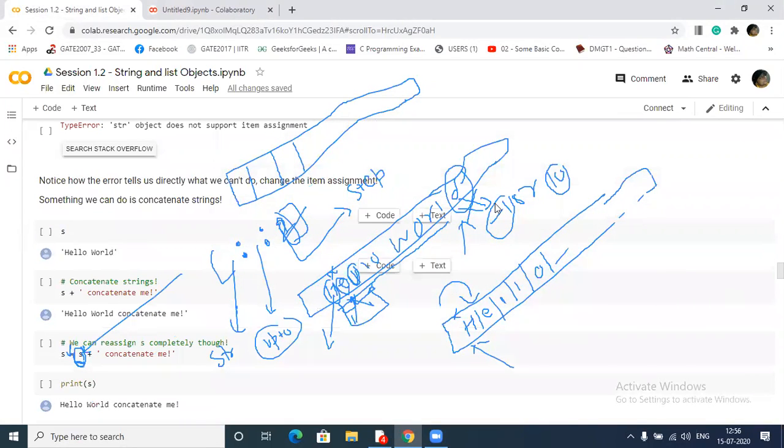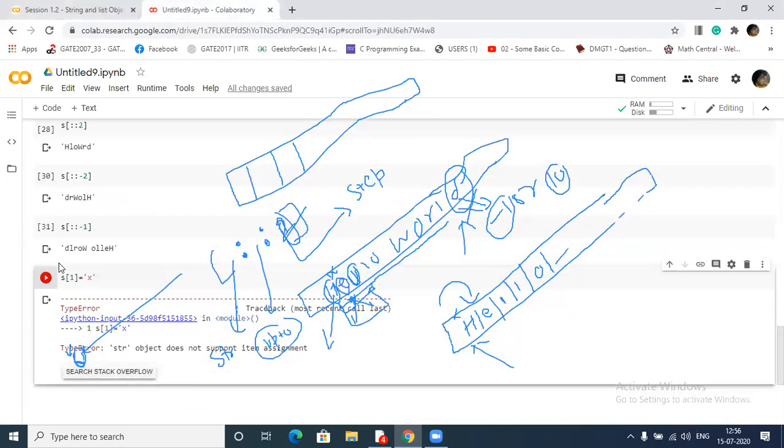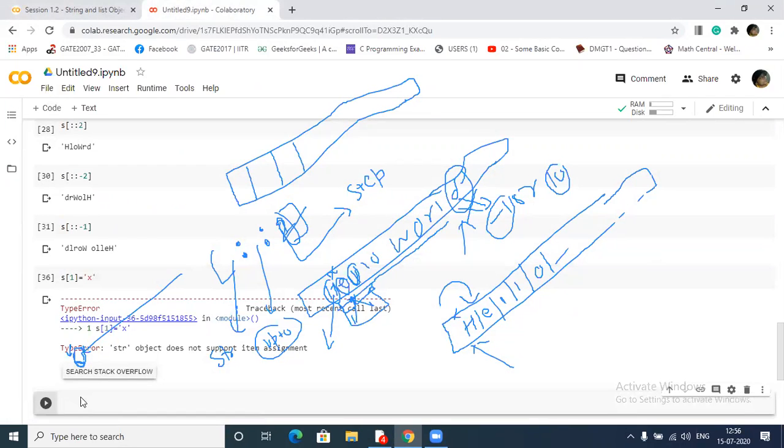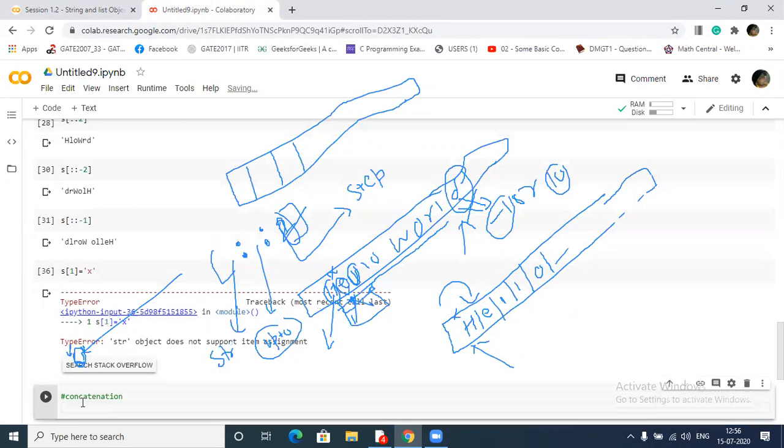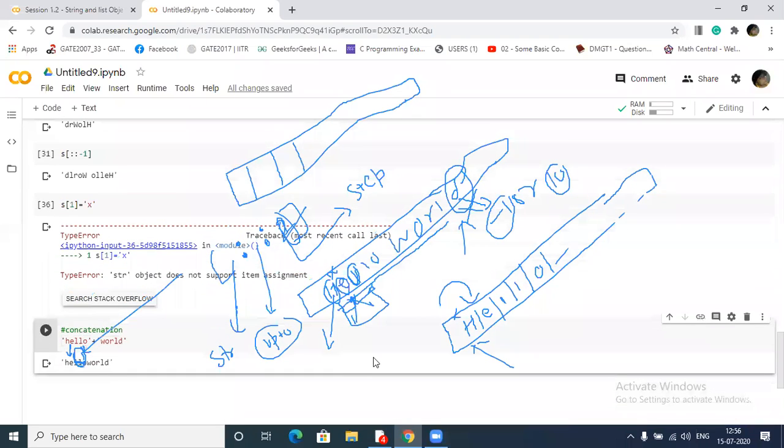You can also concatenate like this, concatenation. Everyone knows that, I think. Two strings, like hello plus hello world, will concatenate.